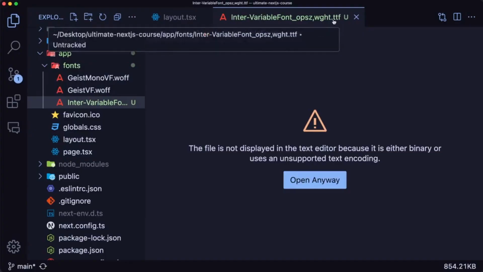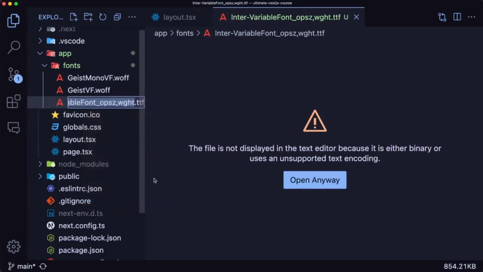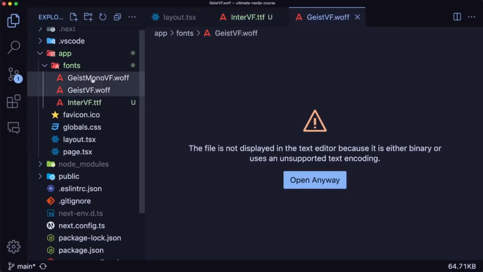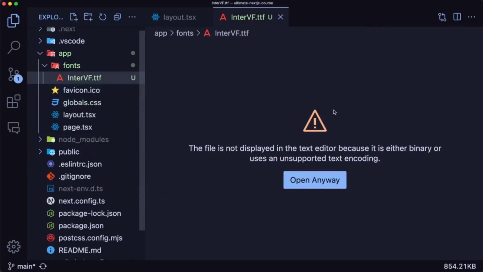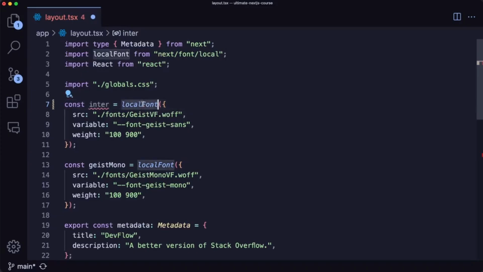It is the one that ends in wght.ttf. And we can rename it to something more meaningful. So let's go ahead and do that. I'll call it intervf.ttf. We can also delete the two fonts right now in the fonts folder, and we can put Inter to use. So we can use it right here by renaming this one to Inter, use the local font, and then